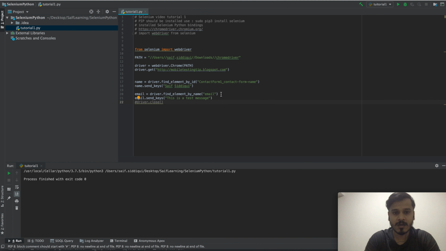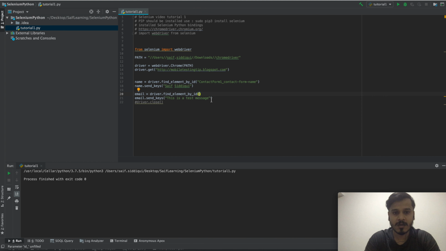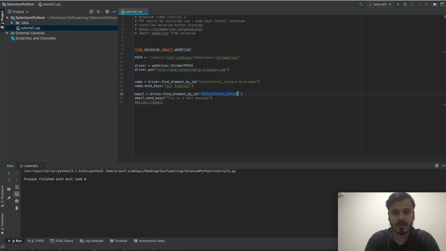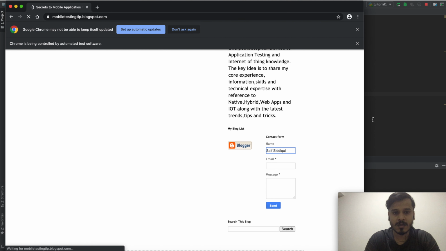For that I need to change the code, and then in order to change the code I just need to go here, driver dot find element by ID. Again I need to use the ID. We need to take care that whatever element we are choosing, it should be unique element and it shouldn't be a duplicate element. So I will just use it. Now I will run this test again to see if this element is able to be recognized by this property or not.